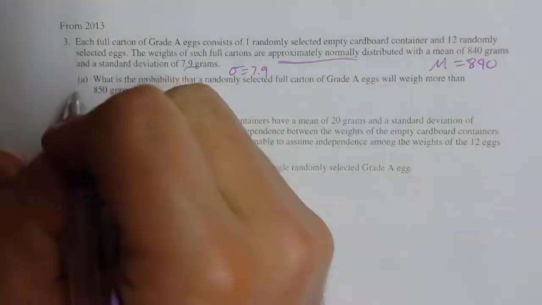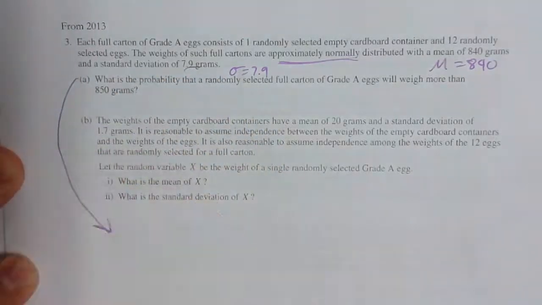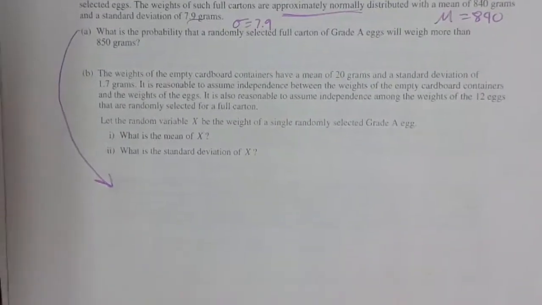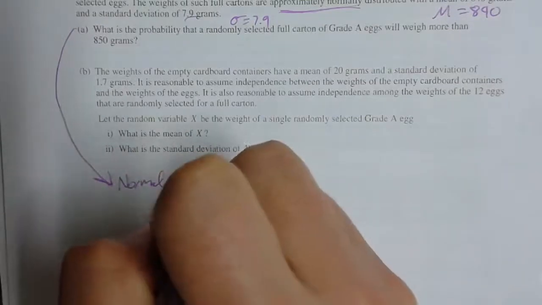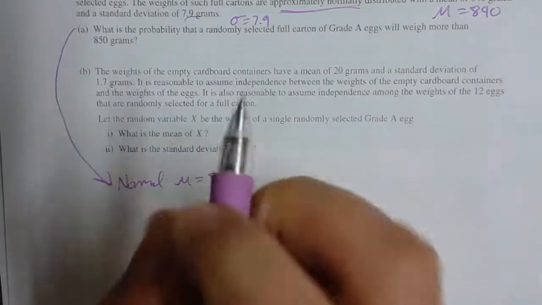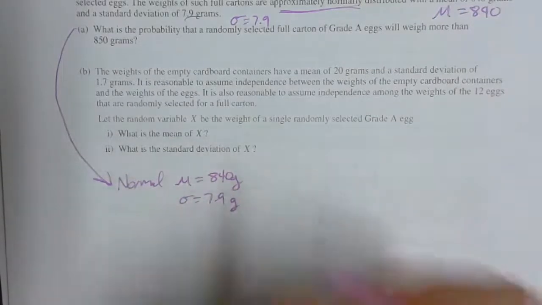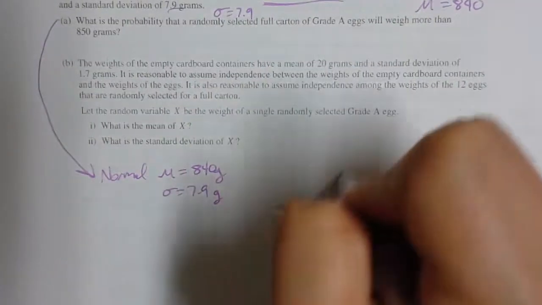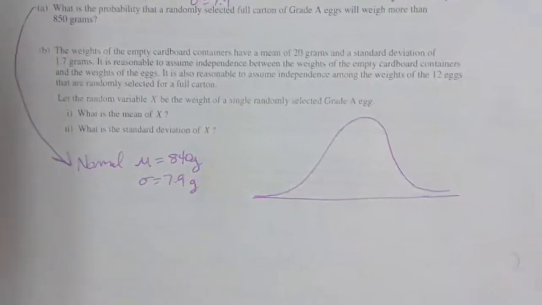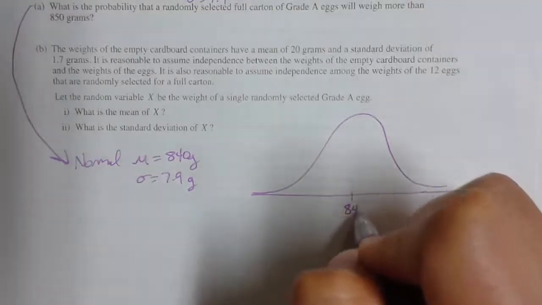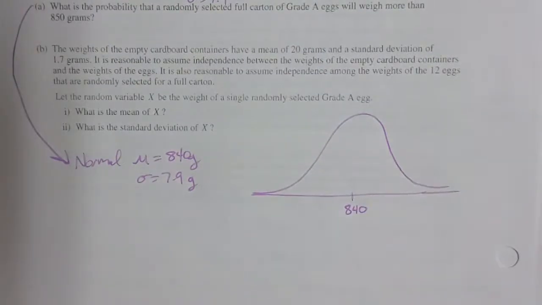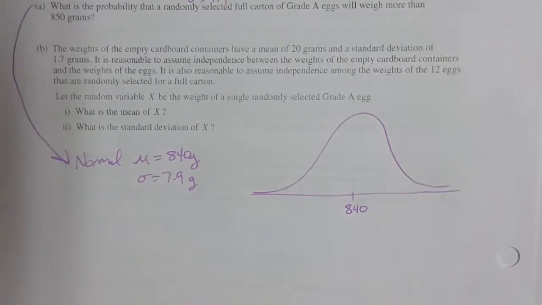And while this is possible to do without a sketch, I really find a little sketch goes a long way with this kind of task. So I'm going to draw this one out. And we know it was normal with mu is 840 grams and sigma is 7.9 grams. So the sketch can be the tool that you use to show how you're calculating it, and it really is a great tool. And it's also maybe a little easier than using some notation sometimes. But basically, what you want to do is just show the grader that you know what you're talking about. So we're looking for